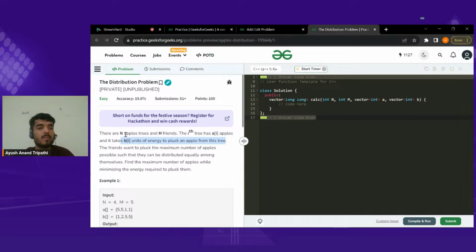Right. So there are n apple trees and m friends. The ith apple tree has Ai apples, and it takes Bi units of energy to pluck one apple from this tree. And the friends want to pick the maximum number of apples. Please note this thing is very important. The friends want to pick the maximum number of apples, possibly such that they can be distributed equally among themselves